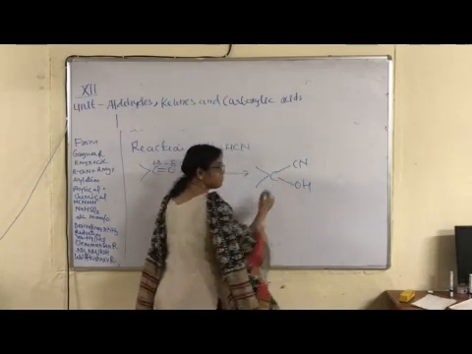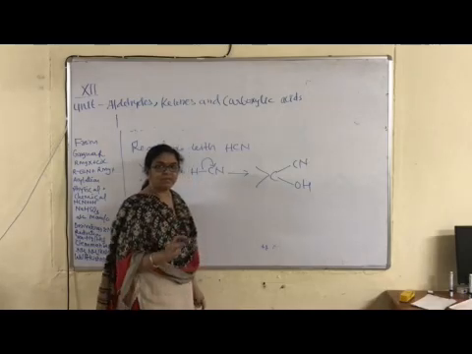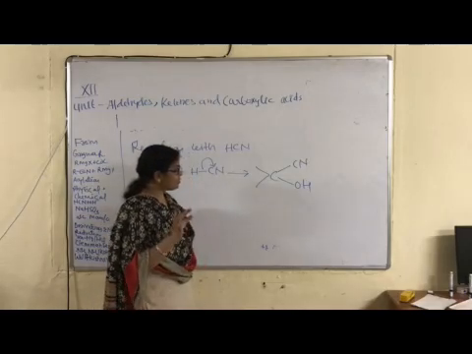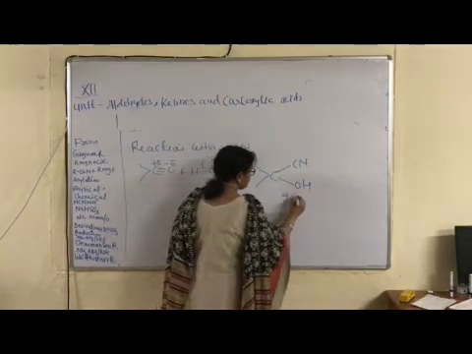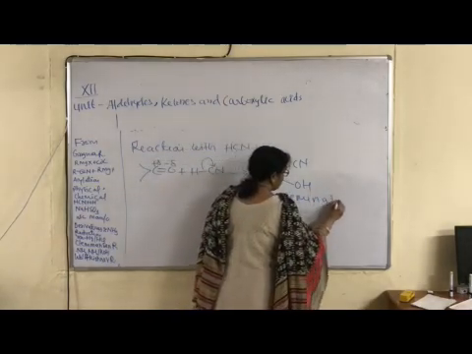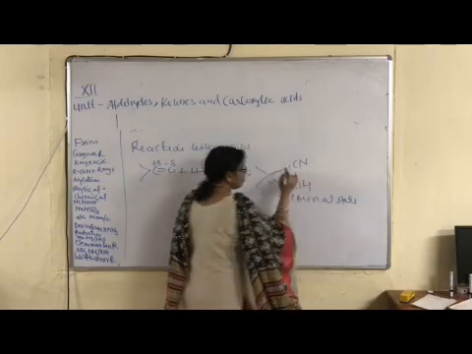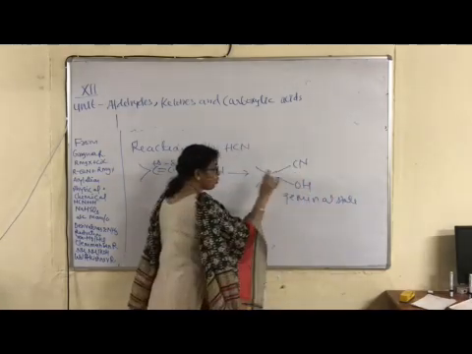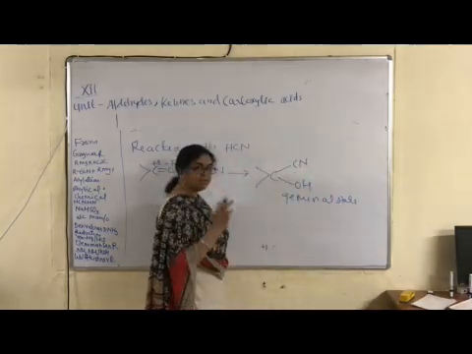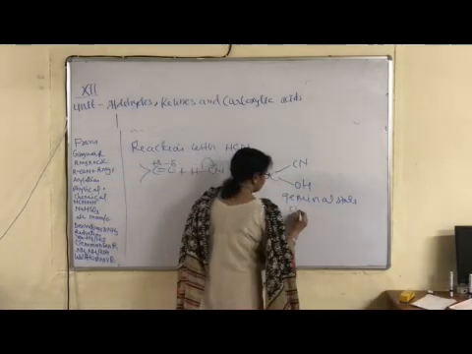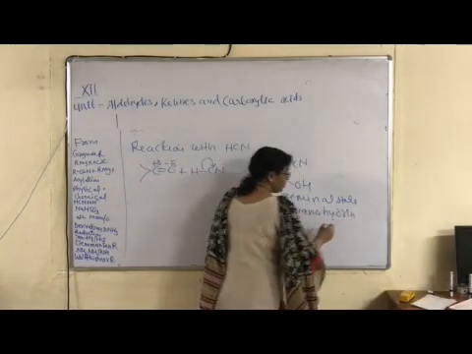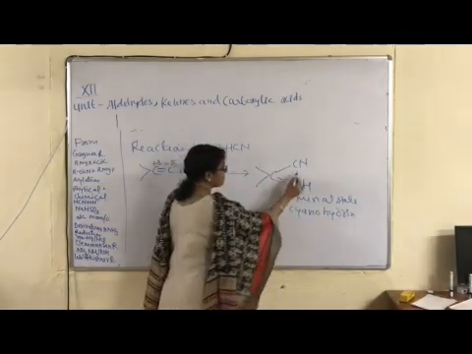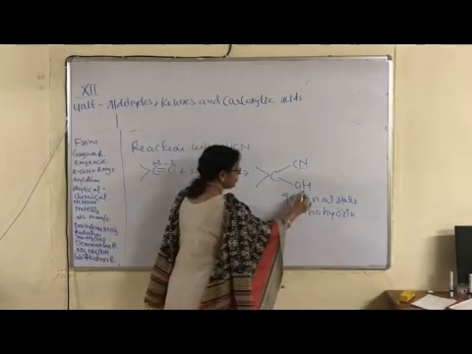Okay children, this is the geminal state. Geminal means two functional groups are attached at the same carbon. So this geminal state, where one group is cyanide and the second is OH, is known as cyanohydrin. Okay children, cyano means cyanide and hydrin means OH group.